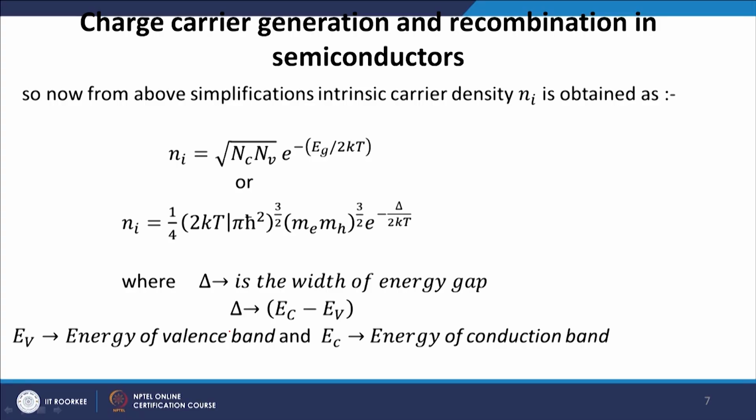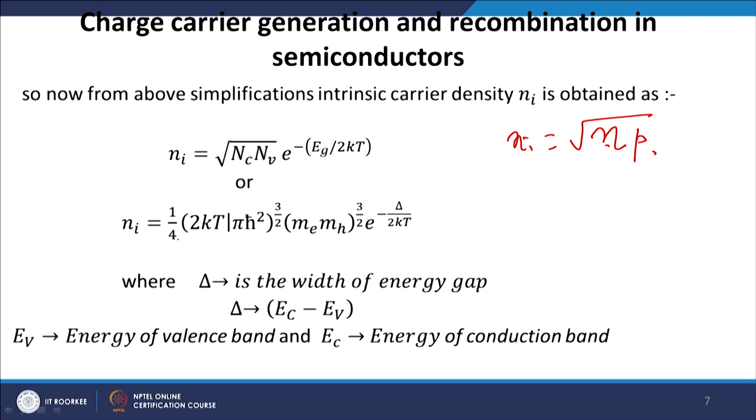So, from the above simplification for the intrinsic carrier density Ni, it is obtained as Ni squared is equal to np, or Ni is equal to the square root of the electron density times hole density. Okay. So, if I write Ni, we have already calculated what is n and what is p. So, that is the square root of Nc into Nv e to the power minus Eg by 2kT,